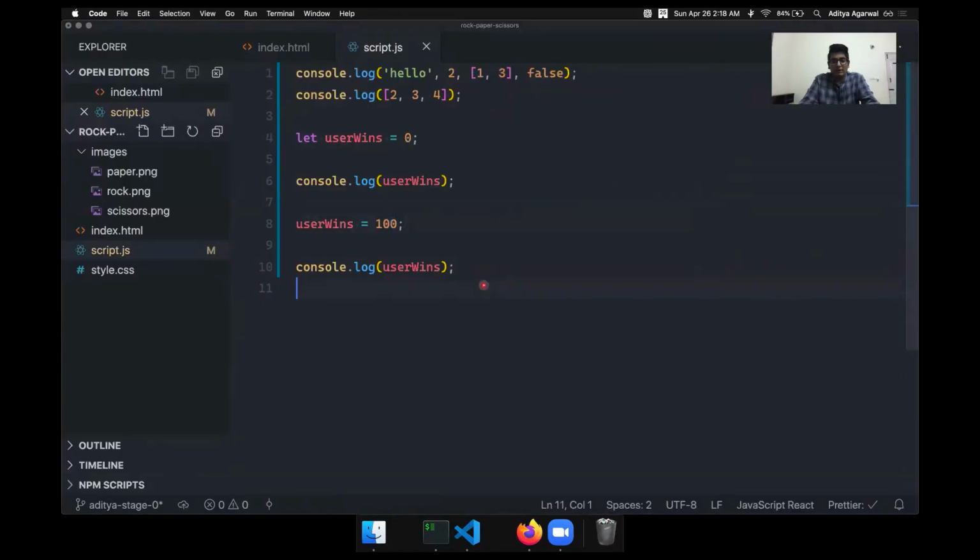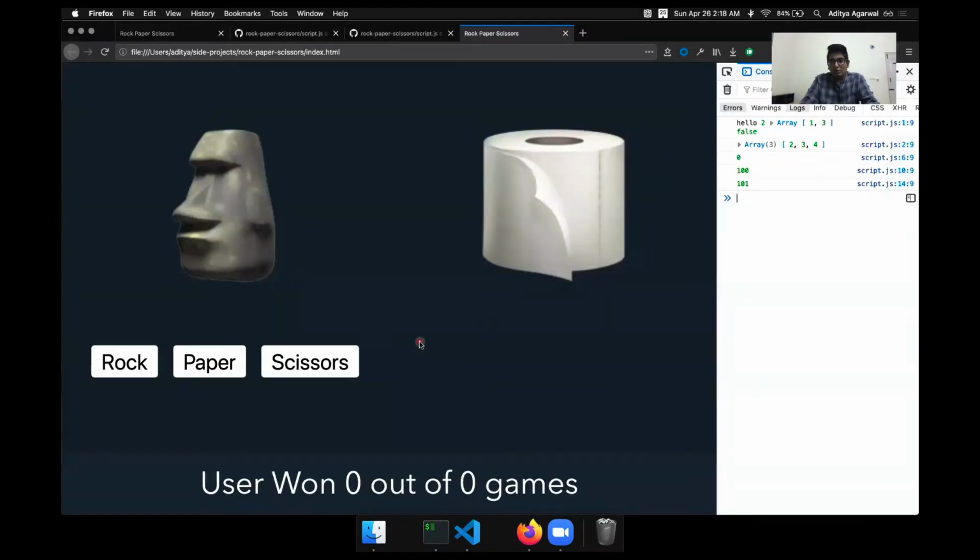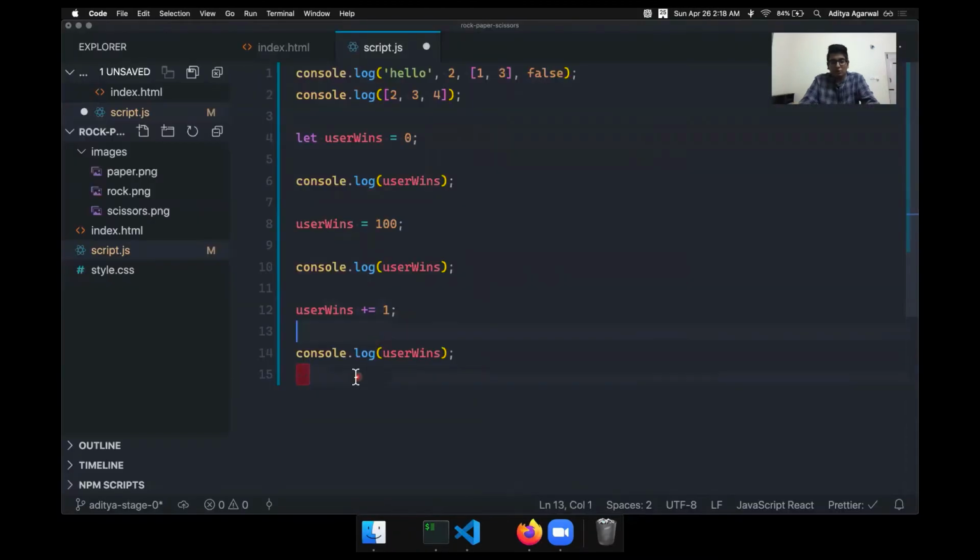And not only that, we can increment these values. So I can say userWins plus equals 1, and that will print 101. You can see it is showing 101. So this is let, where you can assign a value and you can change it, and you are not restricted to just numbers. userWins initially was 0, then you made it 100 and then 101. Now userWins can be an array as well.